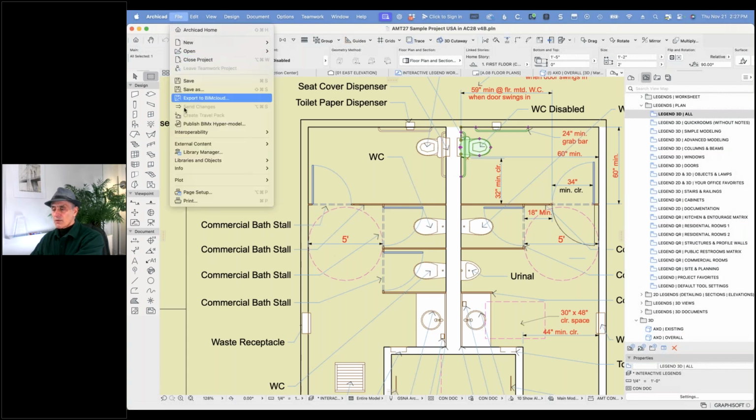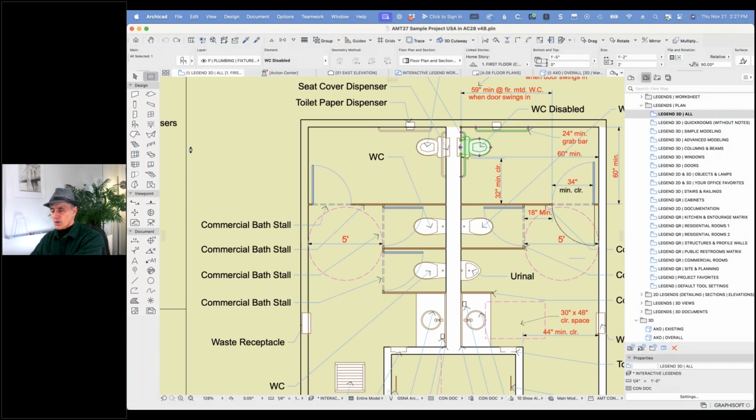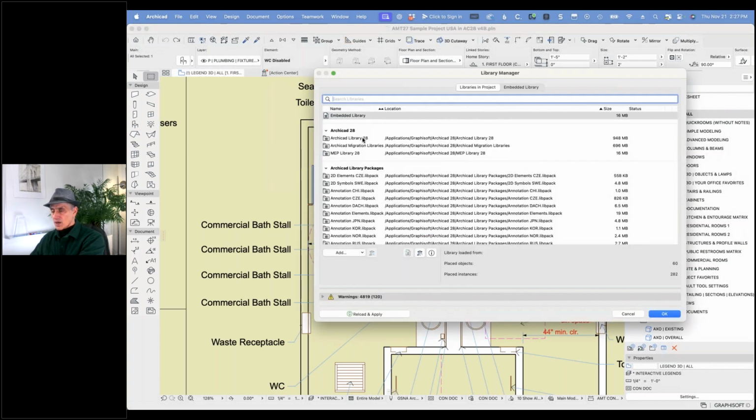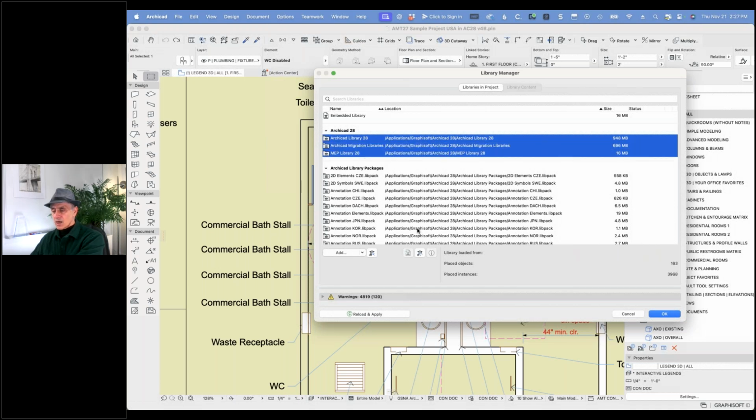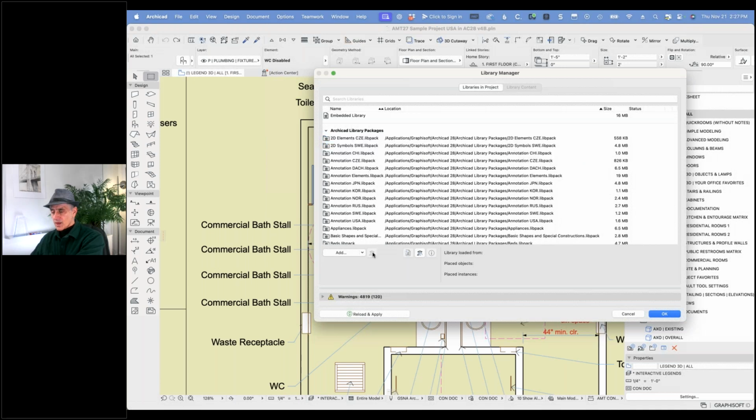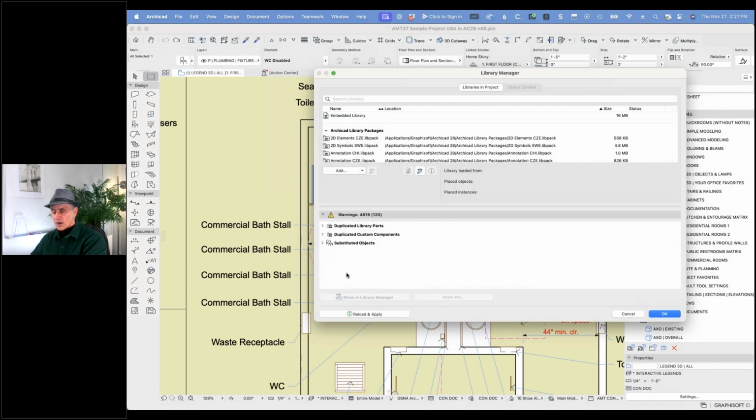Let's go to the library manager and ask, what happens if we get rid of this library? And in fact, all of these, I'm going to remove them. Now, there's a bunch of warnings because of duplicated things, but there's nothing that's missing. Take a note, 4819, because there's a lot of duplicates, but nothing's missing. I'm going to say reload, having removed the new stuff, and we'll see